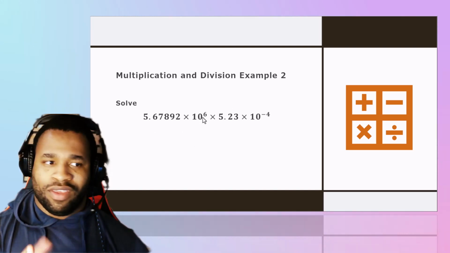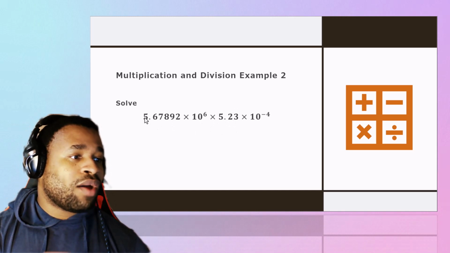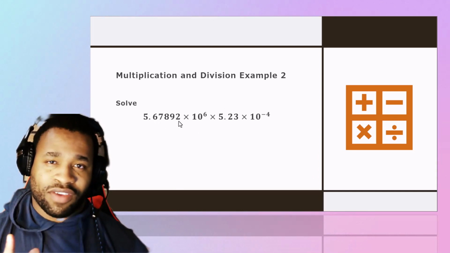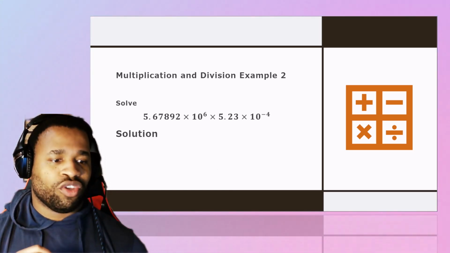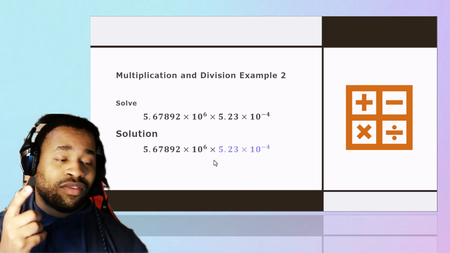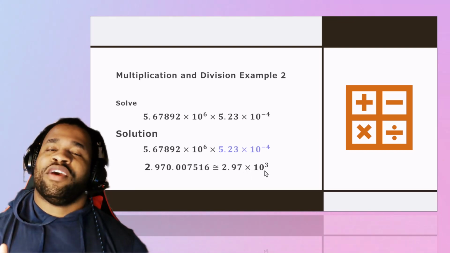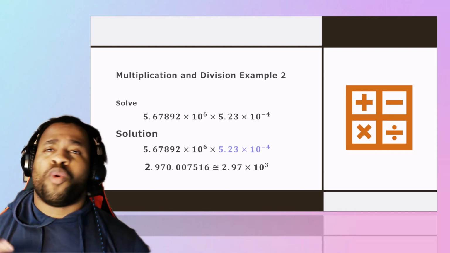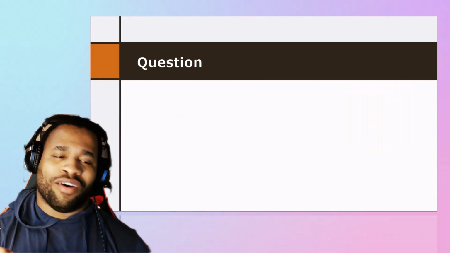Now what we can see, of course, is that this has 3 significant digits, while this here has 1, 2, 3, 4, 5, 6 significant digits. Therefore our answer is going to look, after the solution, to be this right here, which is what? This particular number, 2.97 times 10 to the power of 3. Now looking at this, we're going to go back to our original question to now see how we're going to solve the question